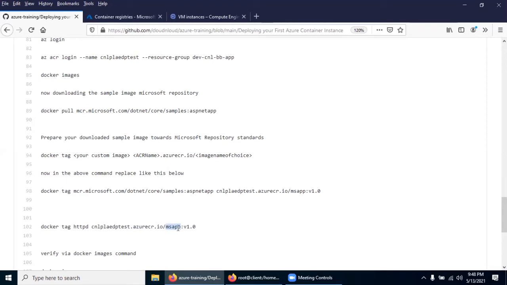You can give it anything, but be meaningful. And I want version 1.0. This is up to you. You can decide, for example, prod app version, or BB app, or any name. But the registry has to be your created Azure Container Registry.